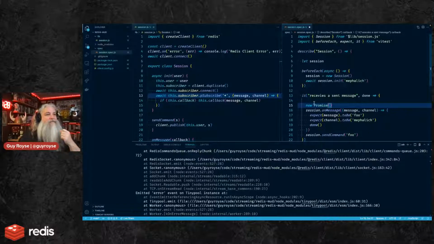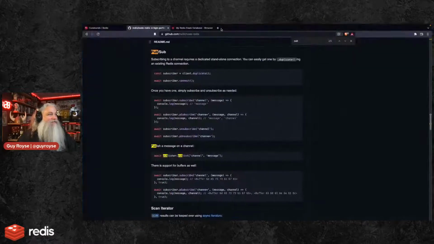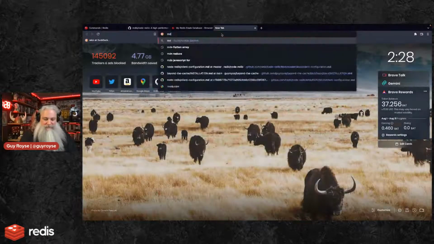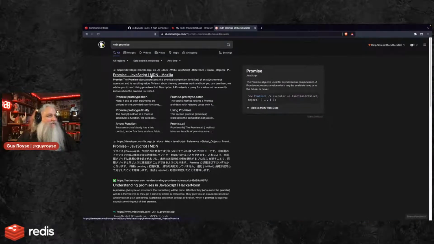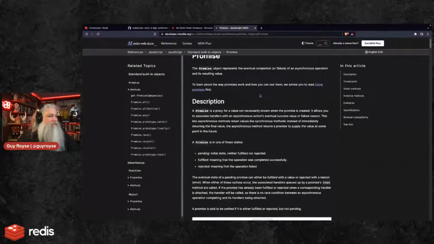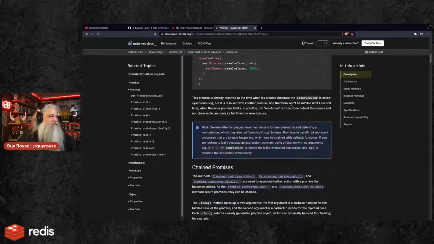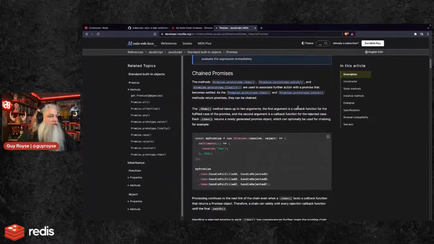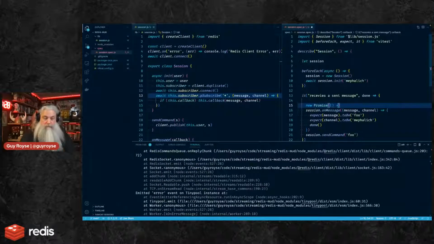So it's okay. Well, okay. I hate to do this. I feel like such a noob, but I am going to look at MDN Promise and refer to the documentation and just remind myself of the promise. Okay, you give it a promise, it gets an arrow function. Yeah, okay. It takes a resolve and reject with an arrow function. That's right. Resolve, reject.